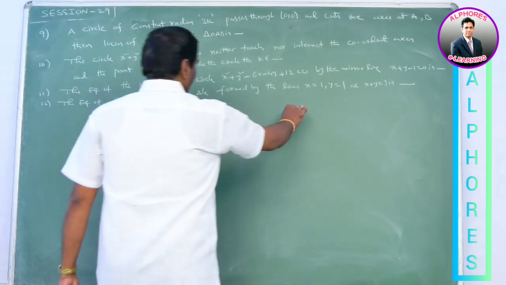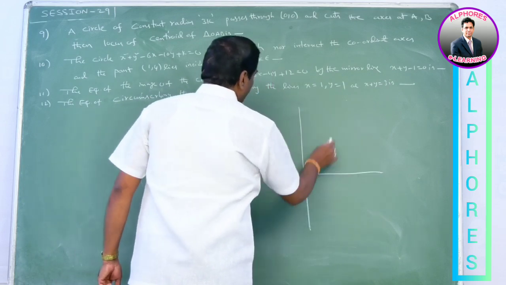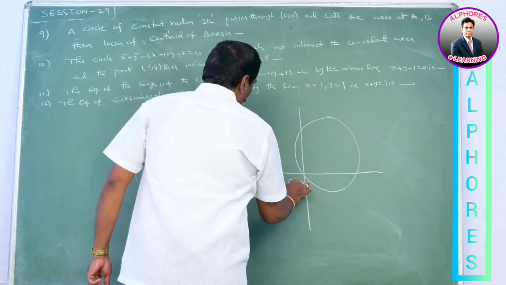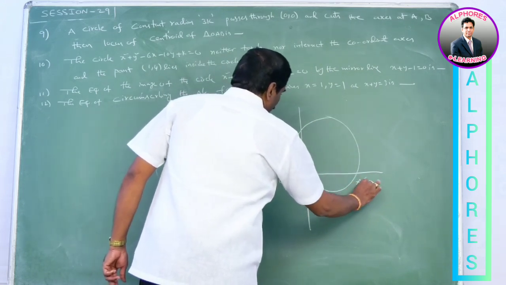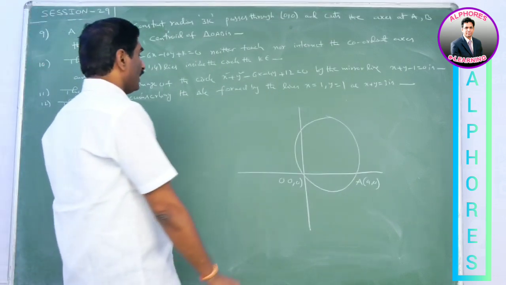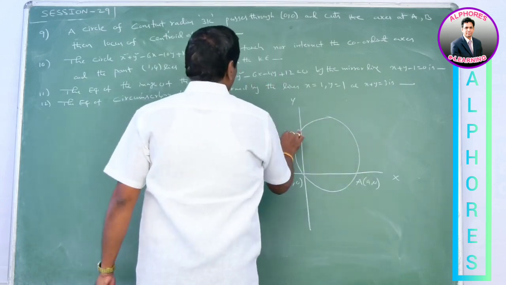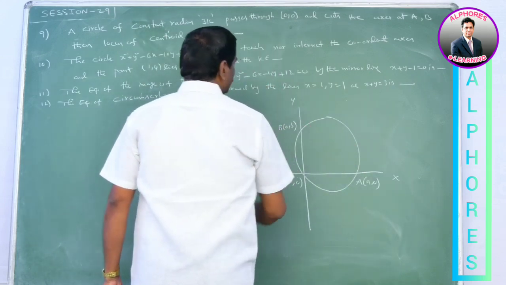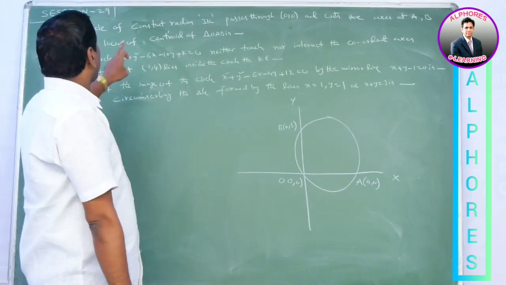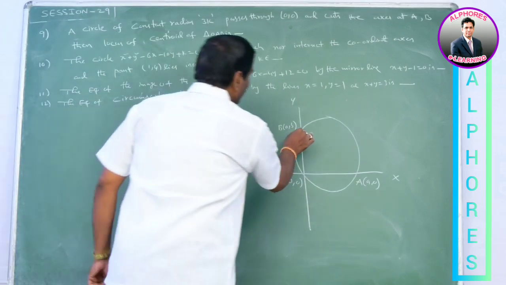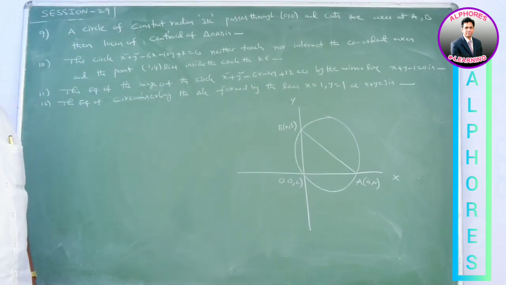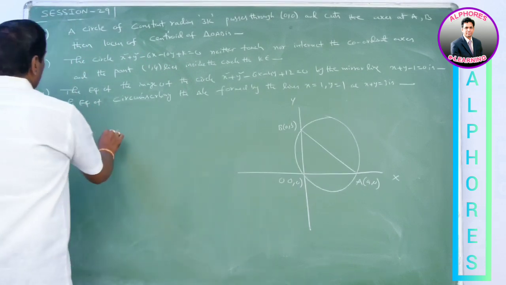Here, the circle always passes through origin and cuts the coordinate axis at capital A, capital B. It is the origin. Let the circle cuts the x-axis at capital A, 0, and y-axis at capital B, 0, comma b. Now we find the locus of the centroid of this triangle OAB. The circle must pass through origin.